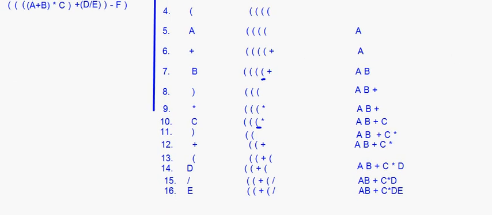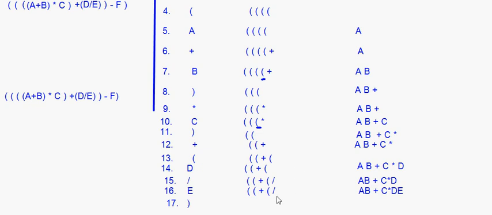I'll write this equation once again here, so that here let's write this: A plus B into C, then close the bracket, plus D divided by E, then close one more bracket, and then minus it. This is the expression, right? So we have now read up to E. After E what do you have? We have a closing bracket, right? Okay, now we have got a closing bracket.